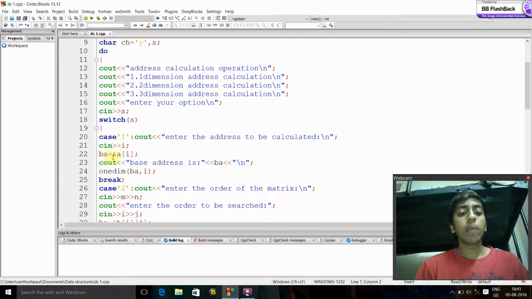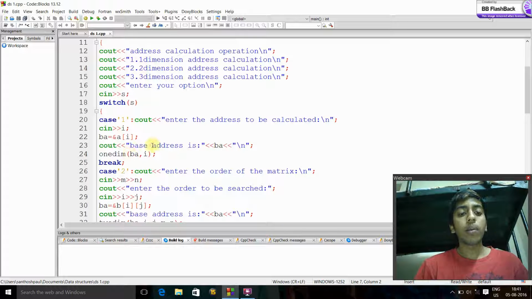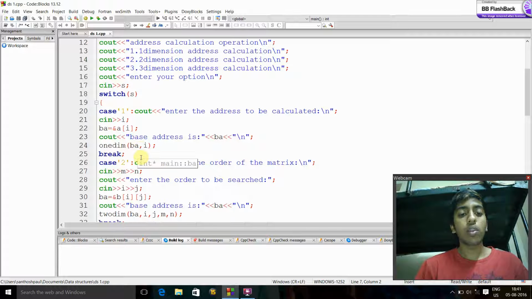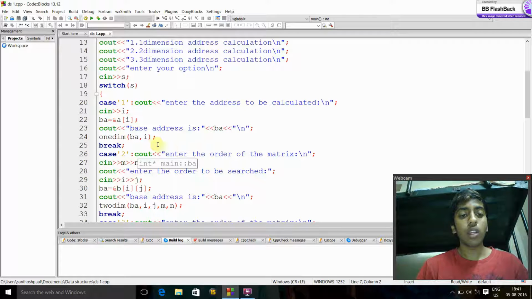Ba is nothing but base address, and a of size. And now print base address is ba, one dimension of ba comma i, where i is the value which the user gives. And now break: in switch case we usually use break, and this statement is generally used to break out of the statement in the middle instead of continuing to the next case.